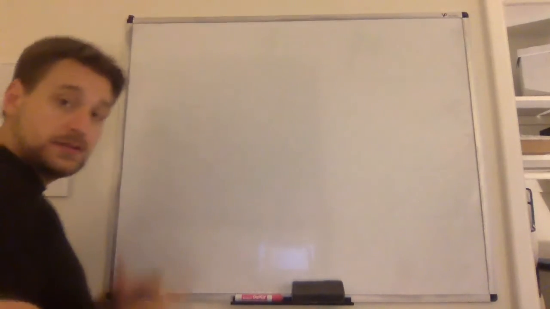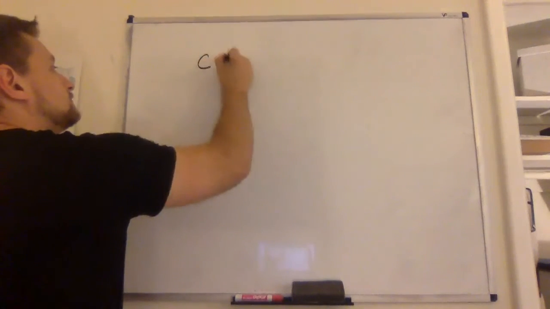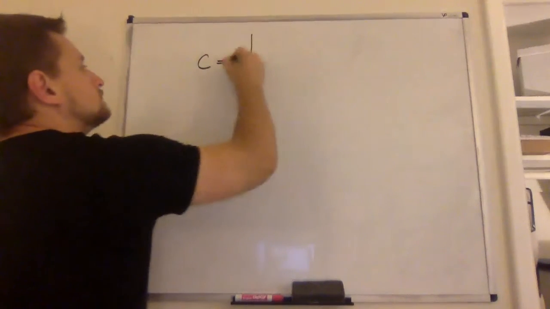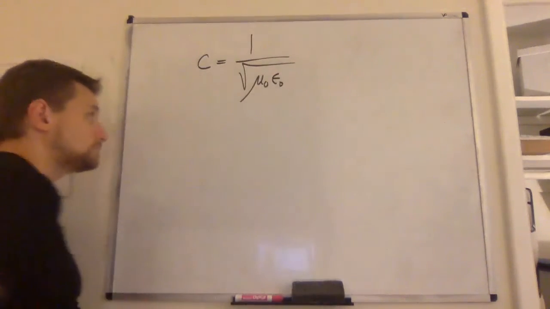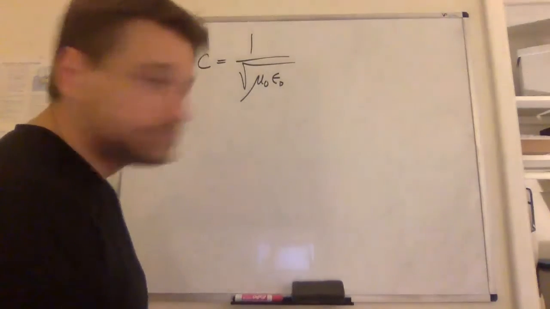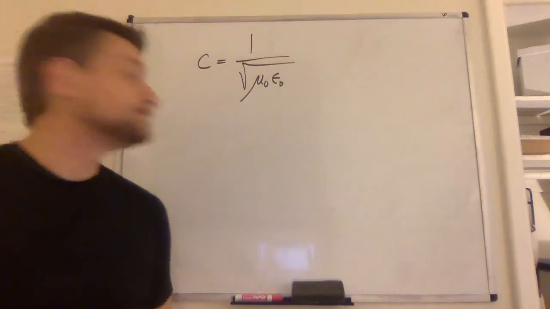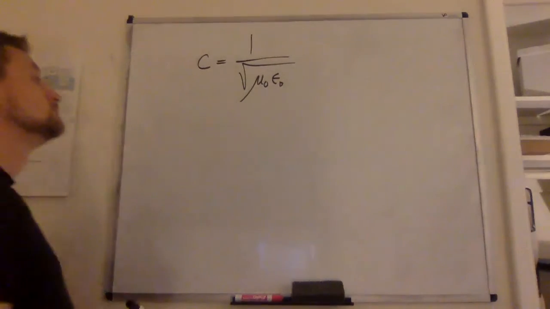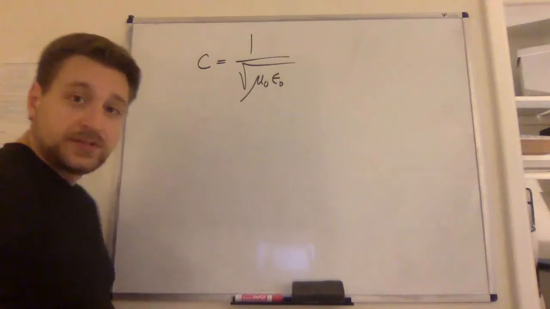We said that the speed of light in empty space, the speed of light in vacuum, we can calculate it that way. We're not always in vacuum. Sometimes we're sending light through air or water or plastic, like in the lab. So we're not always talking about the permeability and permittivity of free space.